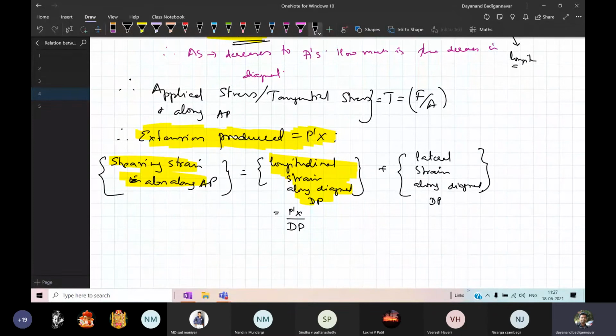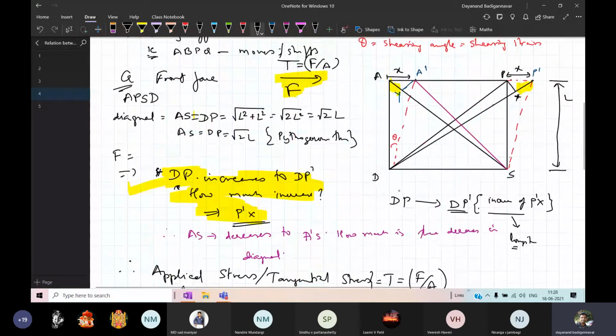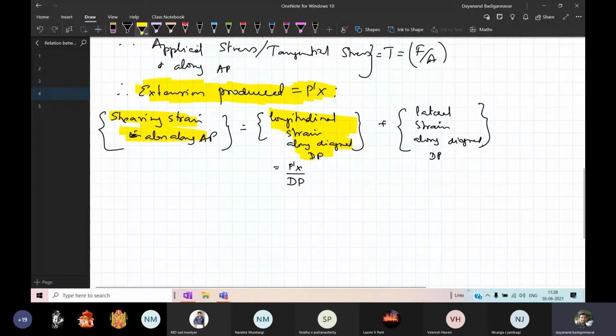It is dP. So look at the diagonal. The diagonal is dP. It has enhanced by P dash X. Therefore, P dash X divided by dP gives you the strain, change of the length to the original length, plus